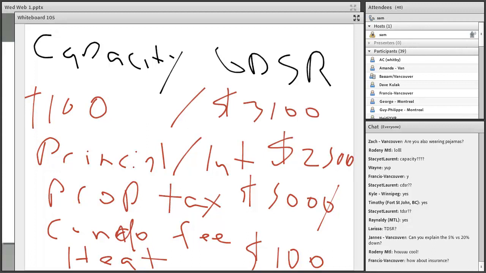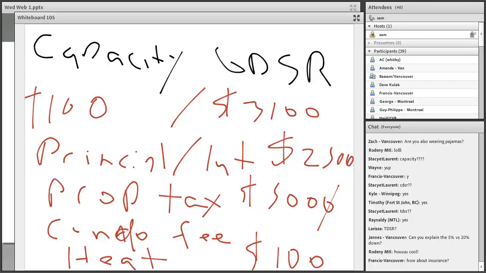If you divide that by your income, so if we take $100,000 a year, divide that by 12, Sam, what do you got for me? I'll just multiply this by 12. That's probably easier. So that's 36,600. Okay, so what we're saying here is 36% of your income is getting eaten up by property tax, principal and interest payments on your mortgage, and heat. So in this case, you would fail right off the get-go. So nobody would give you a mortgage using these numbers, right?